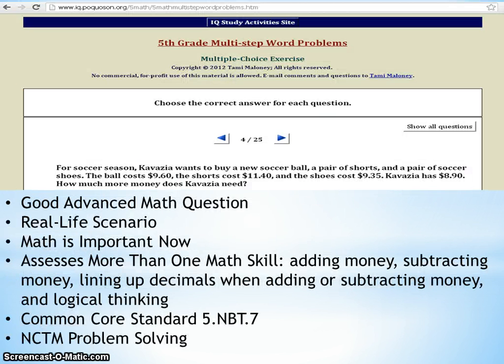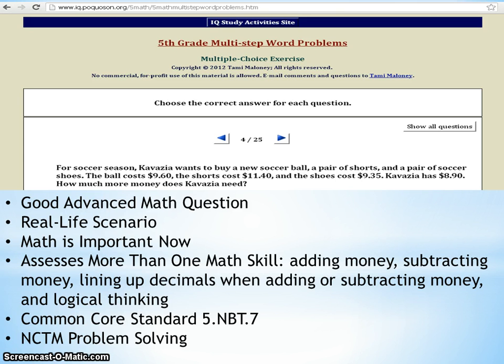This is an example of a good advanced math question within the context of elementary dealing with the topic of money. The reason why this is a good example of a math question is because, once again, it provides students with a real-life scenario that many fifth graders can relate to by buying gear for their favorite hobby, whether it's soccer or not. This provides a problem that makes it clear that math is applicable to fifth graders right now in their lives